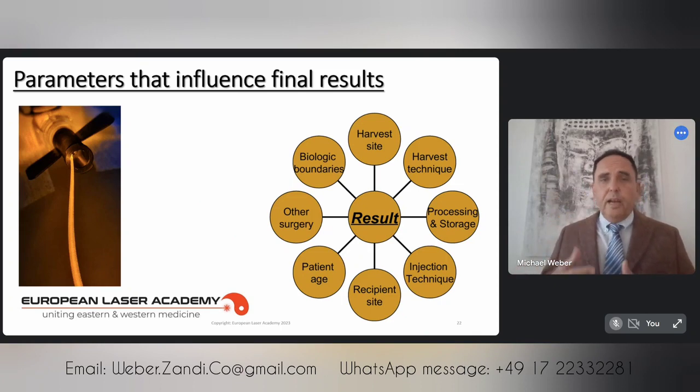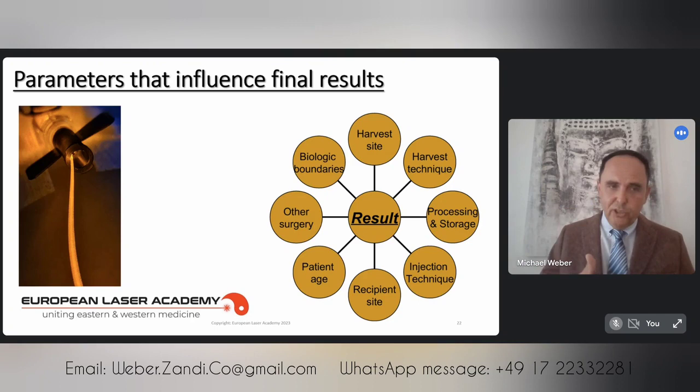How do I inject? How fast do I inject? Do I use filters that may alter the effectiveness of the exosomes and the stem cells? Of course, the patient's age is important, whether there are scarrings, and most important in my opinion is you always should combine the stem cells and the